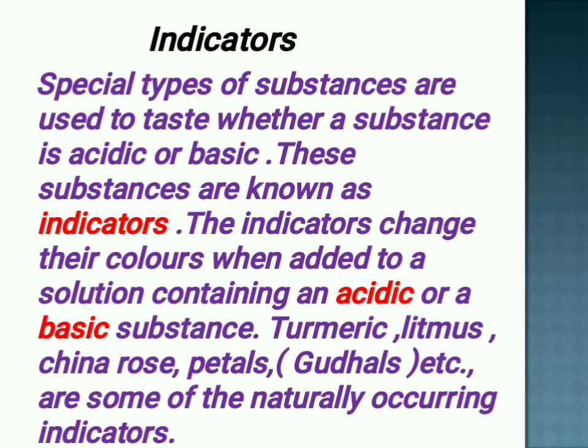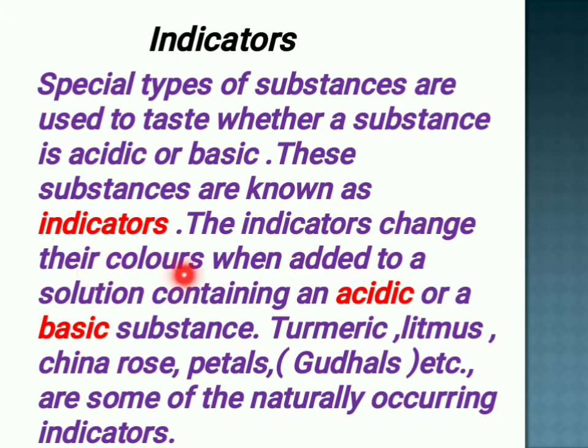So, during that time, one more thing is, you cannot always taste acid and base to know whether it is sour and bitter. It is harmful. Both are harmful to our body or tissues. Okay. So for that we have indicators. So we use the indicator to know whether the given solution is acid or base. How is it possible? We will see.